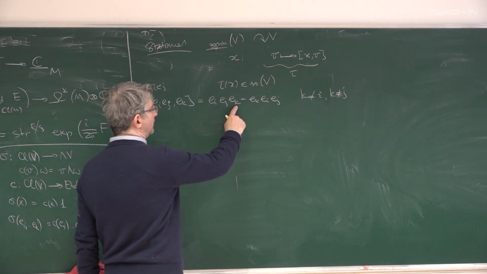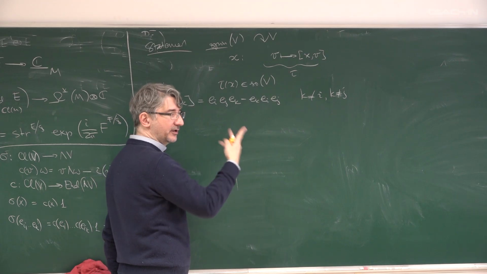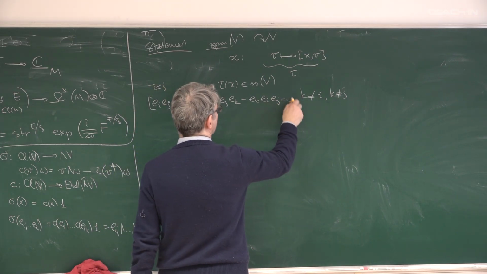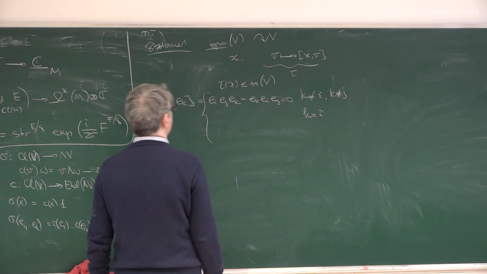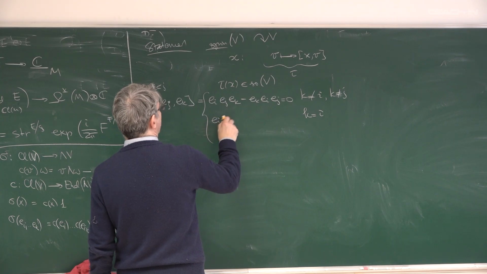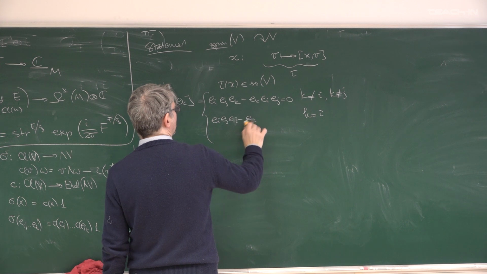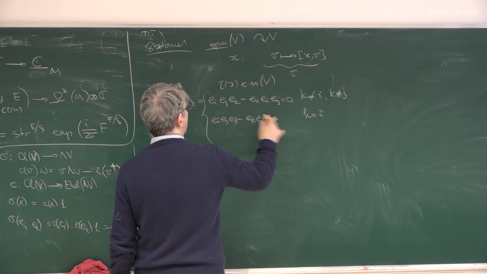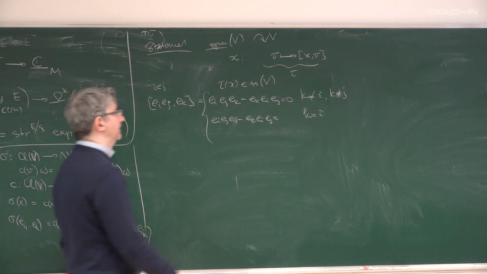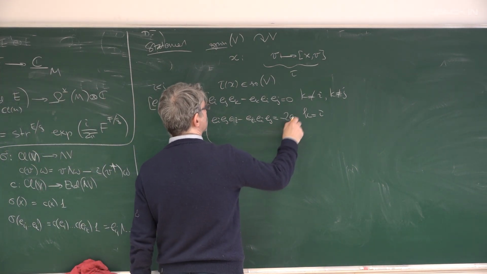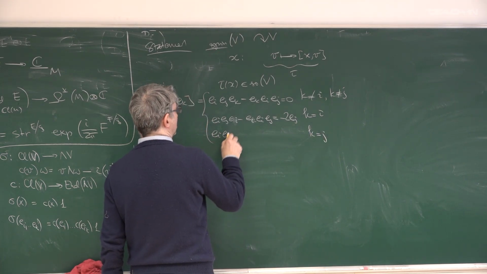You need to interchange e_k with e_j and then with e_i. You have a change of sign twice. It will be 0. If k is equal to i, it will be a little bit different. e_i e_j e_k minus e_k e_i e_j. What will we see? Yes, minus 2 e_j, and if k is equal to j, it will be e_i